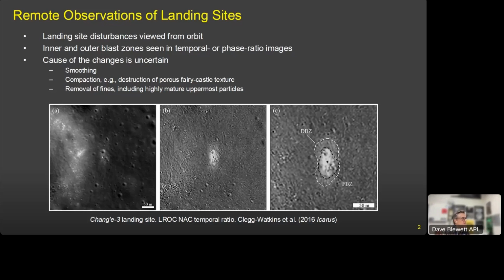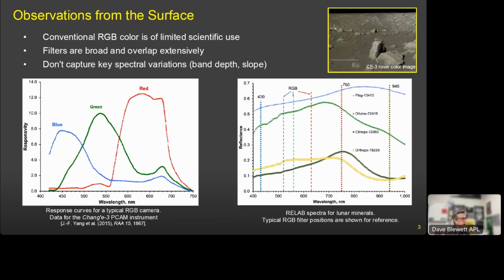So how can we learn more about this? Well, let's look at the next slide. One thing is cameras on the surface, which certainly are useful, but for a typical RGB color camera, the color itself is of pretty limited scientific, spectral use. This is because, as you can see in the plot on the left, these filters are really broad and they have extensive overlap. So they do a beautiful job of mimicking the human eye and make nice images, but they